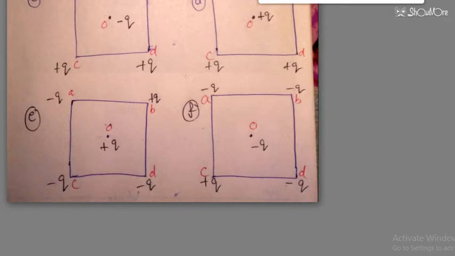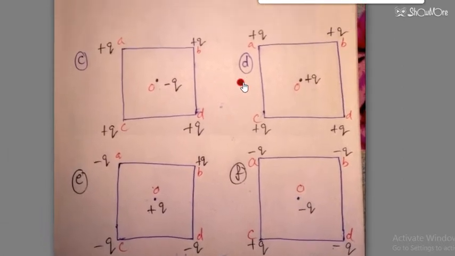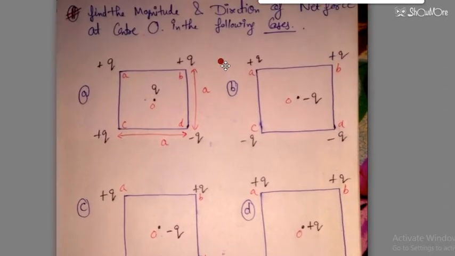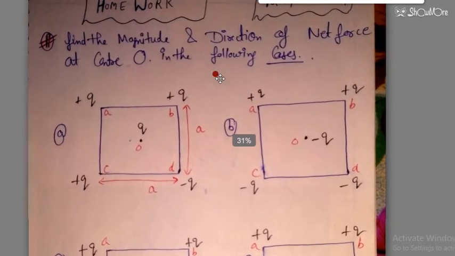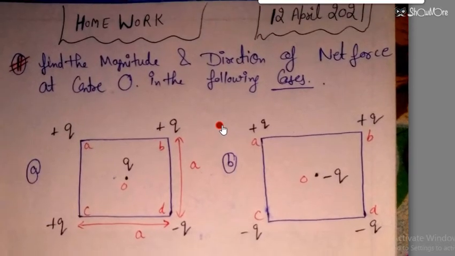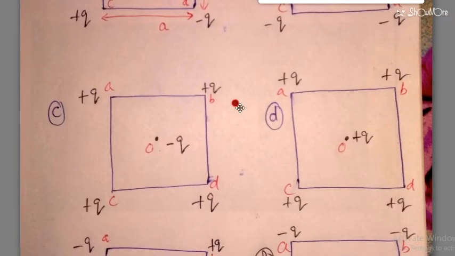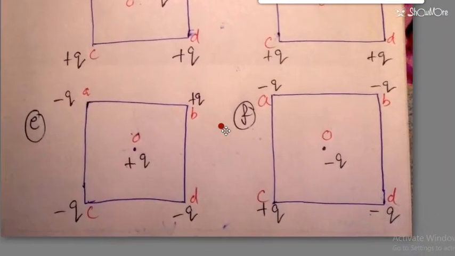Like at one corner q charge is placed, at another corner 2q charge is placed, at another corner 3q, 4q. Such types of questions we will discuss by tomorrow. I will send some questions, and first you have to understand them, and after proper understanding, you can ask me if any doubts are there. And after that, you have to note down these 6 questions. If your luck is good, then you will definitely get one question from these 6 in the CBSE exam.